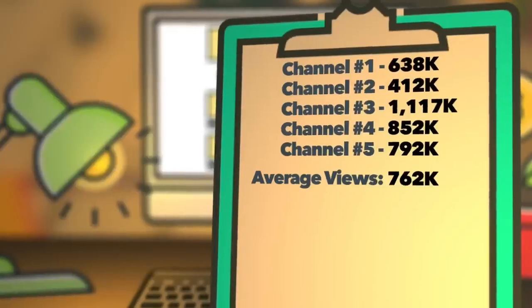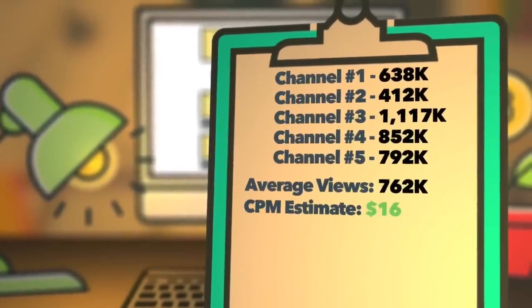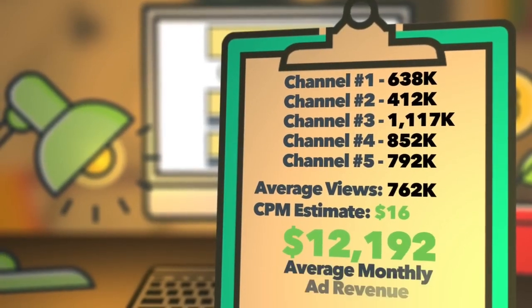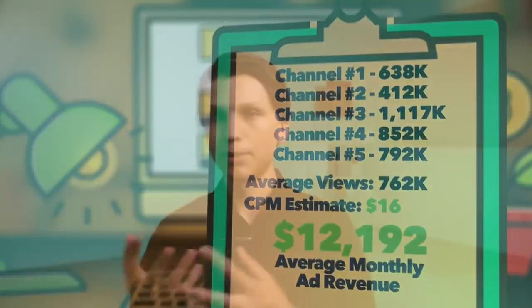I see how often they upload on their channel, and I calculate out, based off of a reasonable CPM, how much money those channels are making, and I take the average of that, see how often they post, and I ask myself, can I post that often as well? And if the answer is yes, and I can produce content that's equal in quality, then I will definitely jump into that niche. I also like to take into equation how much it's going to actually cost me to produce